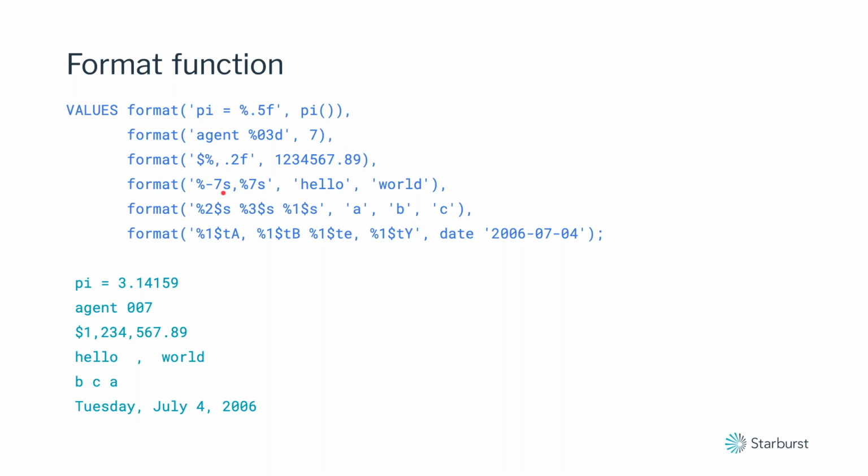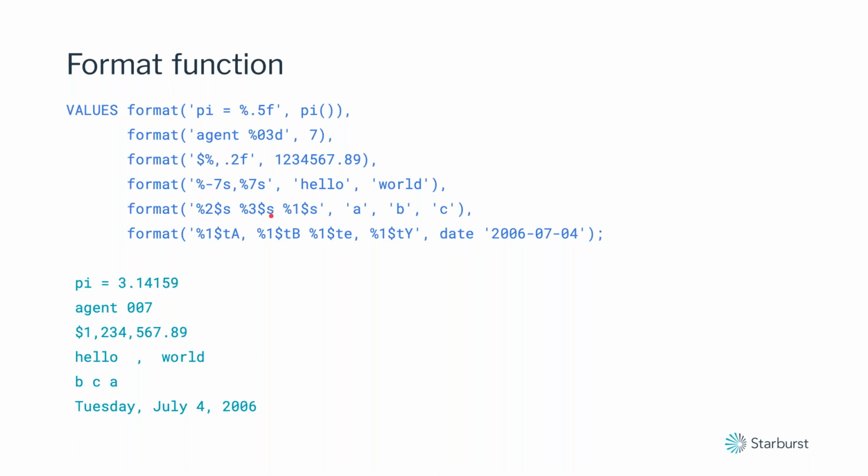You can use %-7 here, which says to print trailing spaces, and %7 here says to print leading spaces. So we're going to print the string hello world with 2 trailing spaces and then world with 2 leading spaces. Another thing you can do is specify which of the arguments that you want to print. So we saw with hello world here, we've got 2 arguments and they're printed in the same order that they are in the arguments. But sometimes you want to